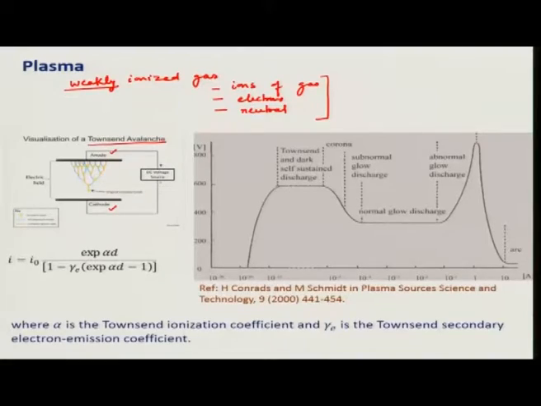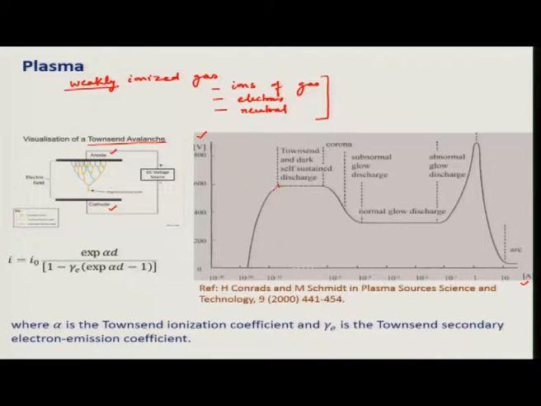Let us switch over to this graph, which shows the relation between the voltage applied between the electrodes and the current. On the y axis is voltage, and on the x axis we have current. Initially there will be very small or negligible current, 10 to the power minus 16 or below that. As you increase the voltage, the current will also increase to some extent. You need initially very high voltage to get some more current, because there is very little ionization.